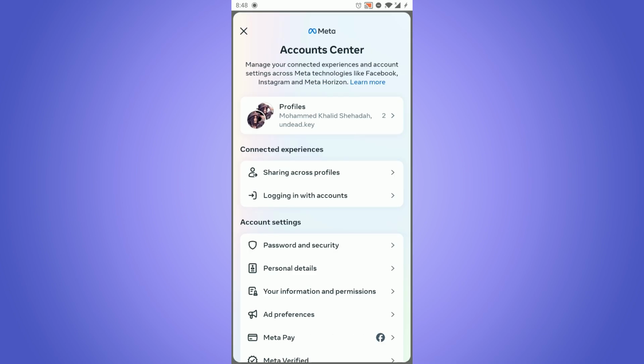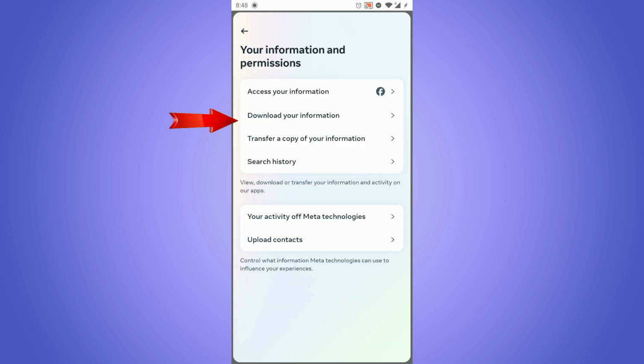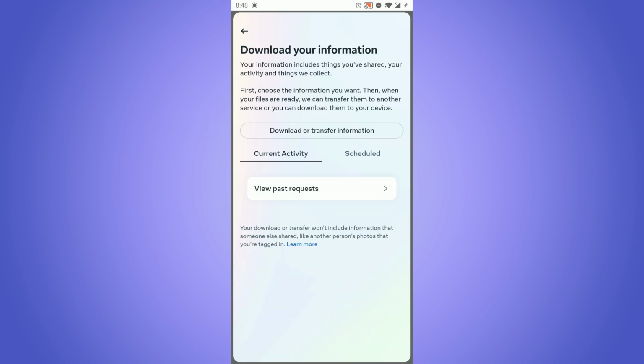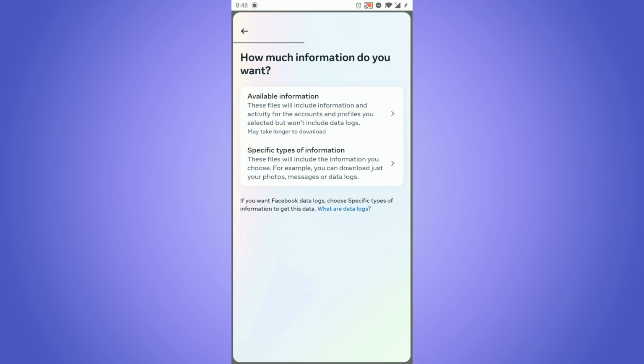Then from here you need to click on Your Information and Permissions, then click on Download Your Information and click Download or Transfer Information. Here you can choose your Facebook account and click OK. Click on specific types of information,